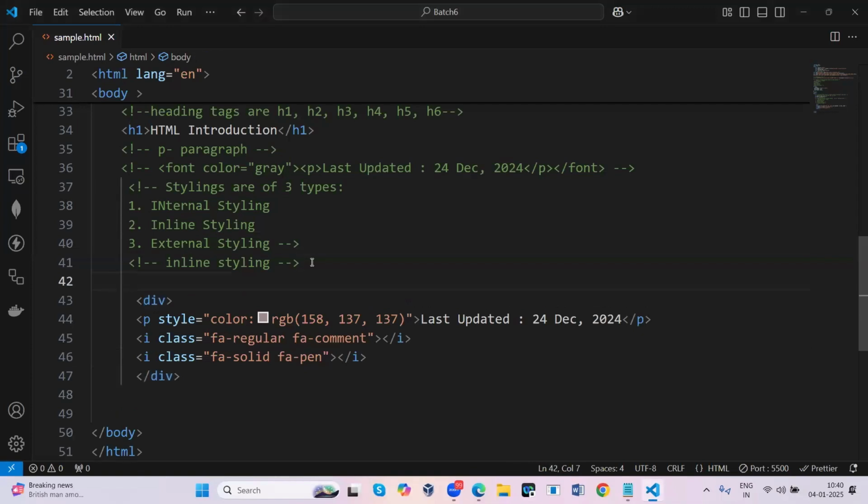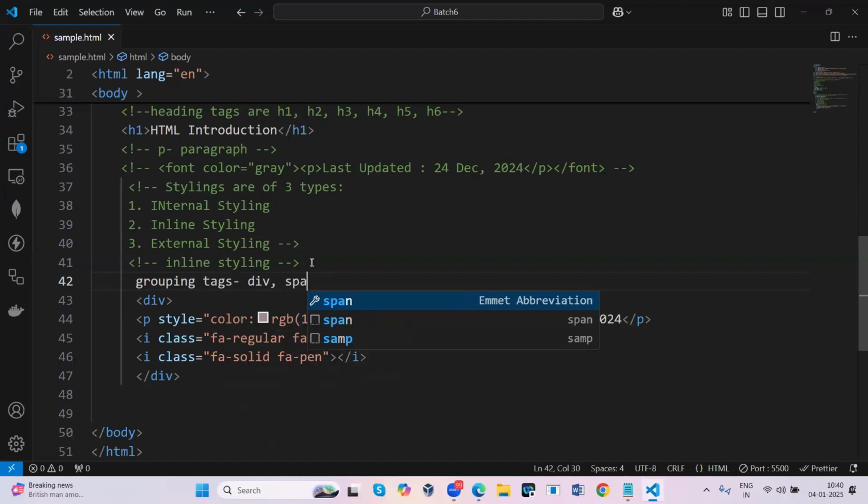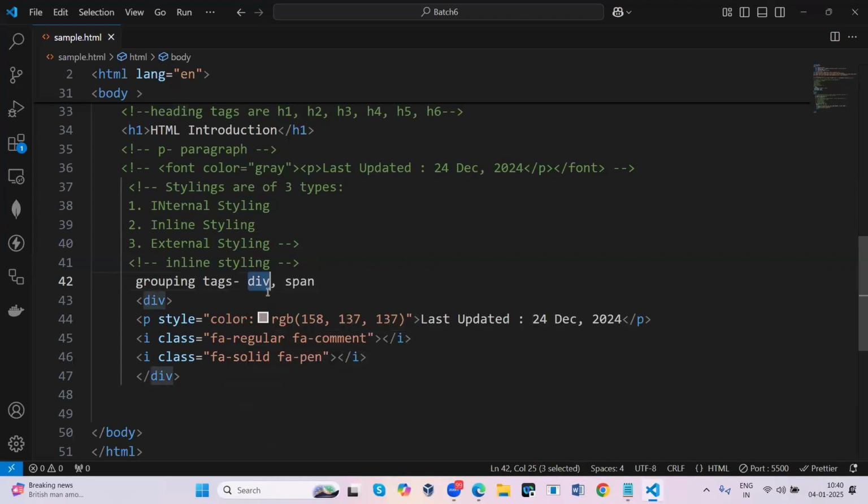The div tag is a grouping tag. There are two types of grouping tags. The first one I am discussing here is the div tag, and the second is the span tag. So div is used to group multiple tags under one. Span is for specific things where you can do styling. For example, I'll explain later, so just keep it as a comment. Okay, grouping tags are two, div and span, and there are different types of tags, but majorly we use the div tag and the span tag.